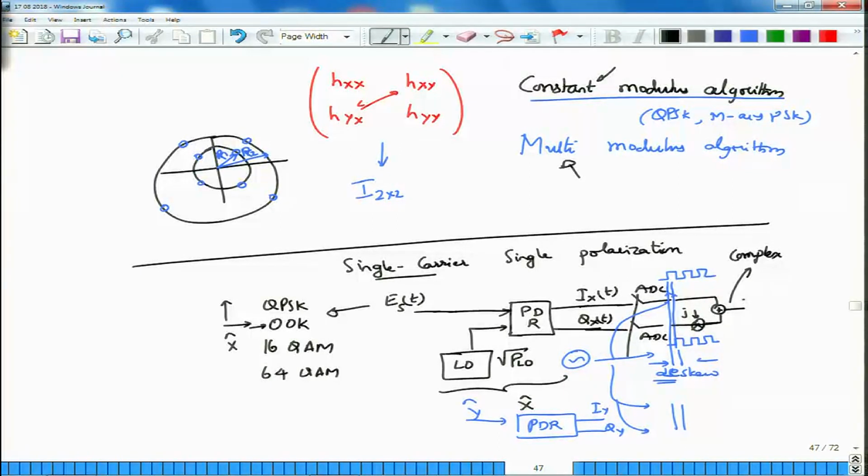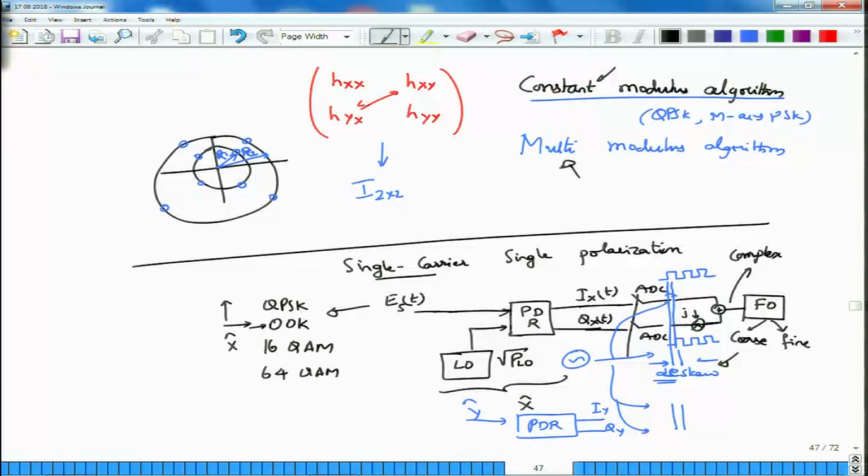After you have done this deskewing and allowed the I and Q components to essentially come out, the next thing that you are going to do would be to estimate the frequency offset. There are a lot of methods for estimating the frequency offset. Most of them involve using some sort of extra information called a pilot, and then you look for this pilot to do the frequency offset correction. There are two types of frequency offset correction. One is called the coarse correction and the other is called the fine correction. Coarse correction is what you first do.